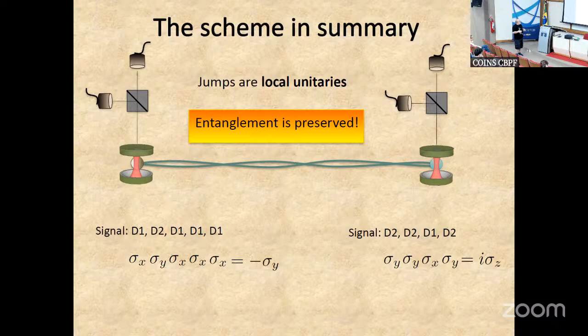Okay, and because of the algebra for spin half, it's very easy. I keep getting the signals, and each one of them corresponds to one unitary. And in the end, if I want to bring back my original state, I can just change the meaning of each state. But if I want to do it, I just need to apply a final local operation to my system, and I bring it back to the initial state. So in each realization of my dynamics, not only the state is pure, but entanglement is preserved.